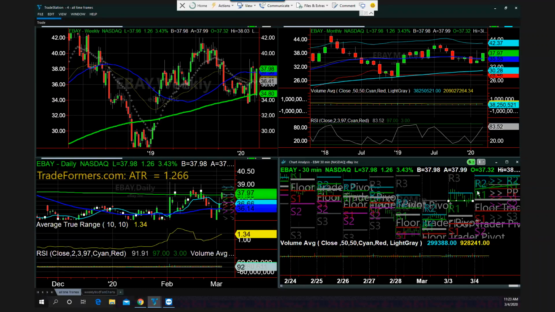So this would be the kind of thing where if you were an active trader, you might get a nice pop at end of day, particularly if the macro picture is in line, which so far we'll see and we'll take a look at. Or if you're more of a swing trader or even a short-term swing trader, then you might say, okay, how much would I risk on this trade?